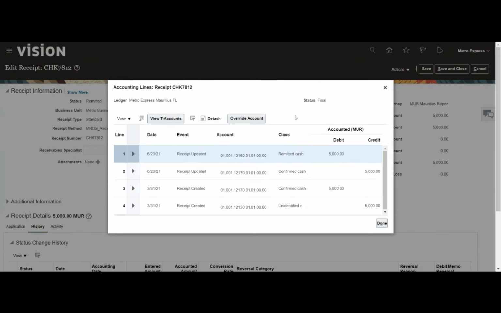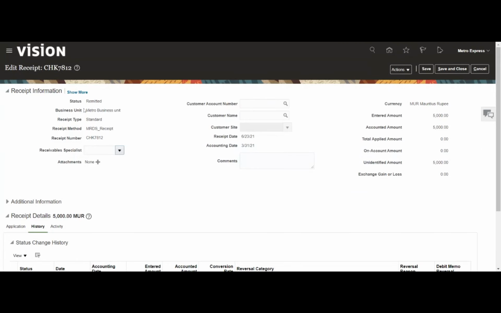Only the cash account that we attached in the bank, based on the bank that we have attached there, the system will pick the cash account directly. So this will be the cycle in receivable basically. Then only the status should be changed to cleared, so probably we will see this tomorrow.